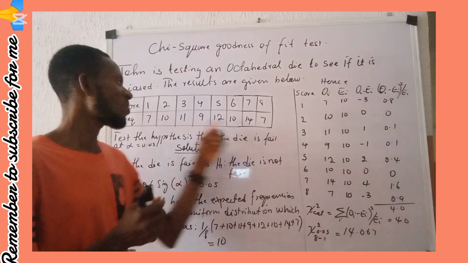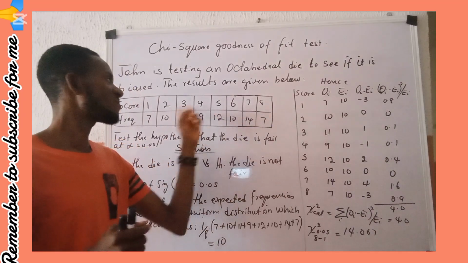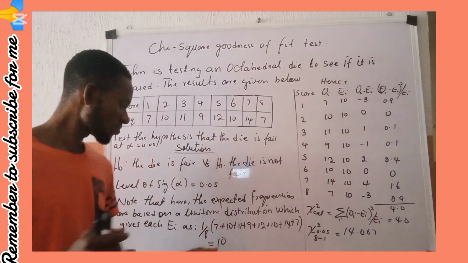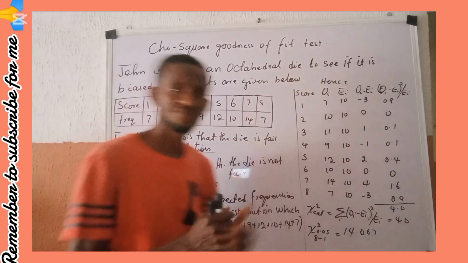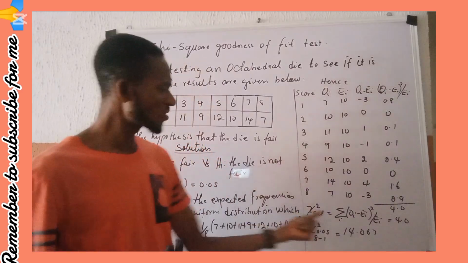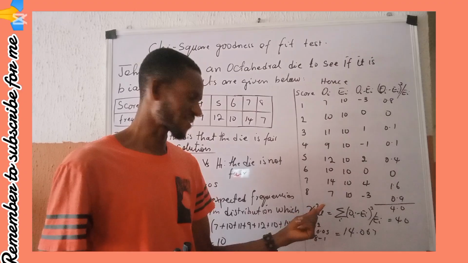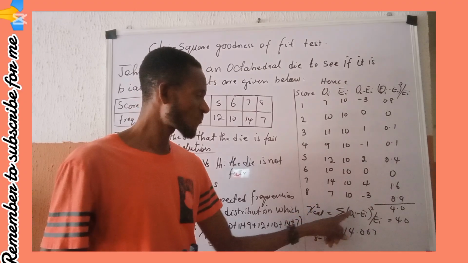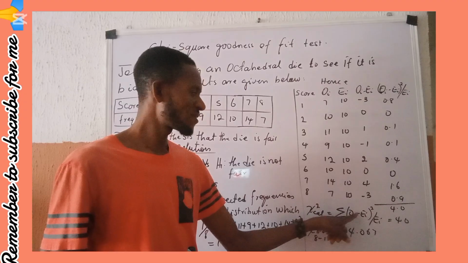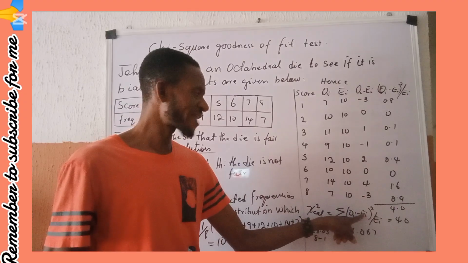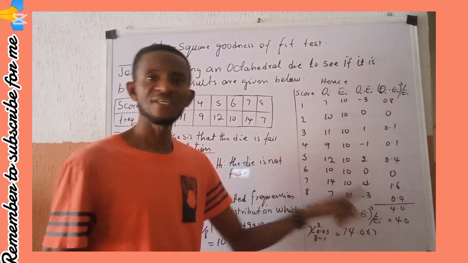That is summing all the frequencies, arriving at 80, and dividing by the number of the classes, which is 8, should give us 10. Then we now come here. We are to use this formula that says that chi-square cal is given as sum over i of O_i, the ith observed frequency, minus the ith expected frequency, all raised to power 2, divided by the ith